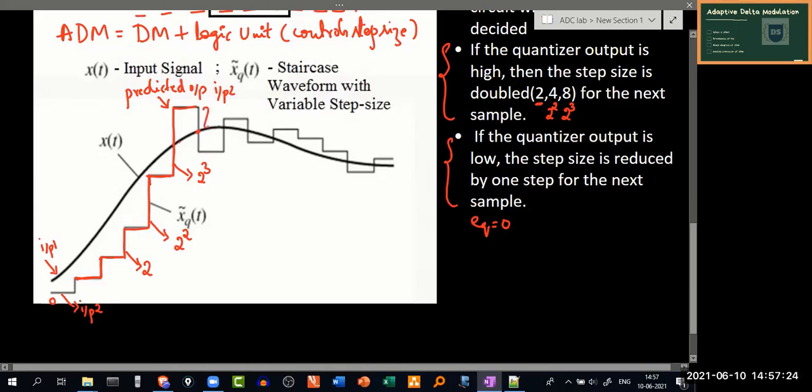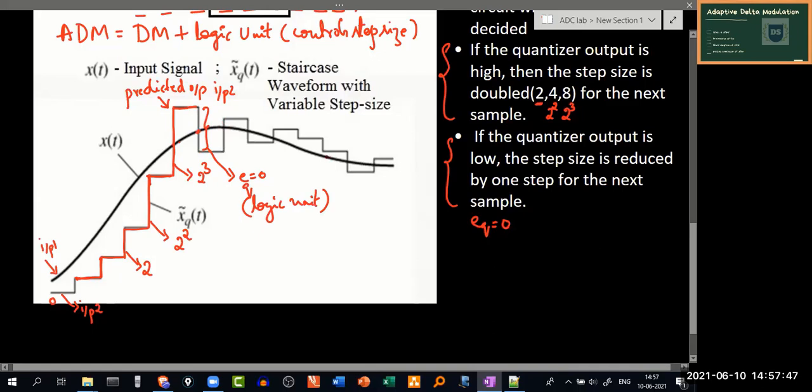This is where the error value will be 0 or low. Quantized error value will be 0, and the logic unit that we had decides to decrease the step size, something like this in this fashion.